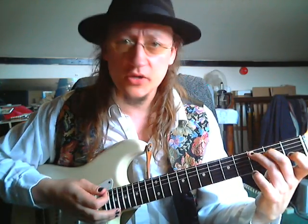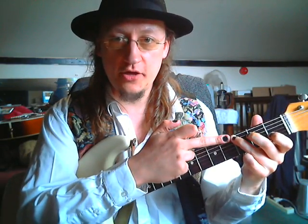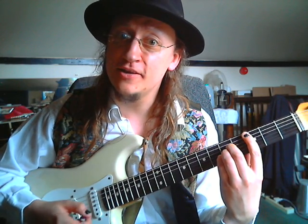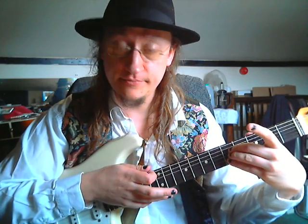Okay, so the way that the CAGED system works basically means that it goes in exactly that same order: C, A, G, E, D. Now, have a look. Here's a C chord. You'll notice C shape. Where that third finger is, bar across. So it's at the third fret, then do an A shape. It's beautiful and simple. Now where we get these three fingers in a row at that fifth fret, bar across,